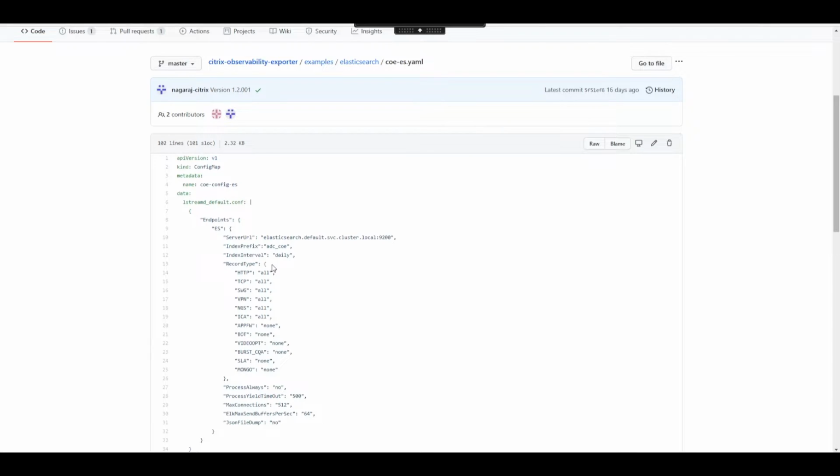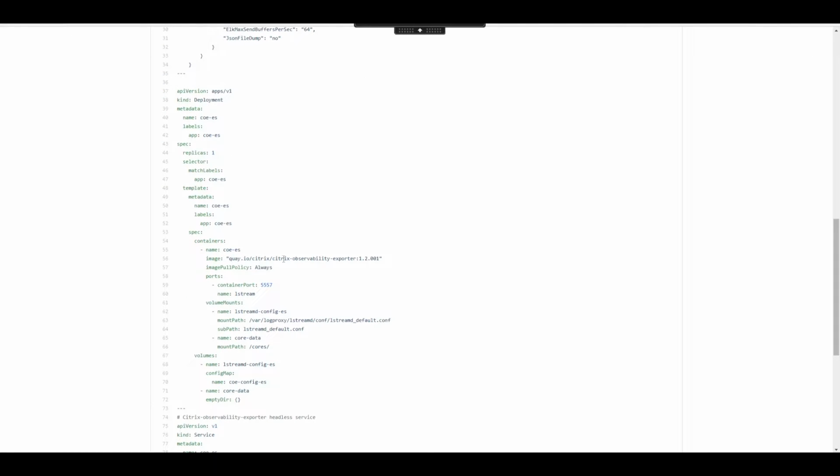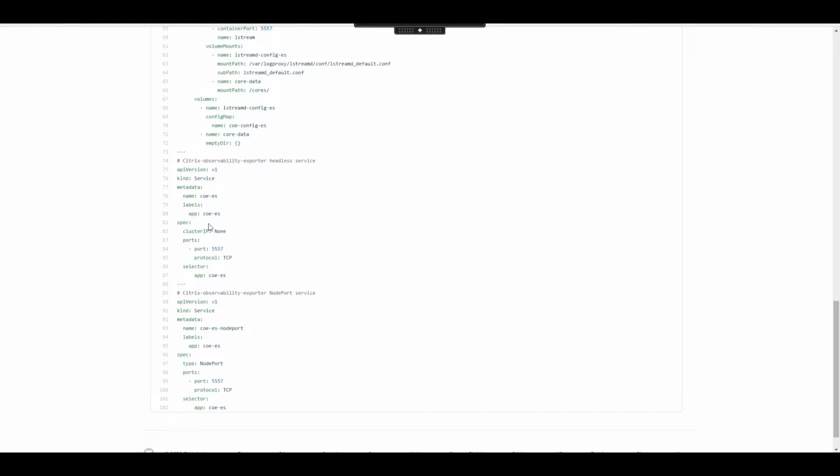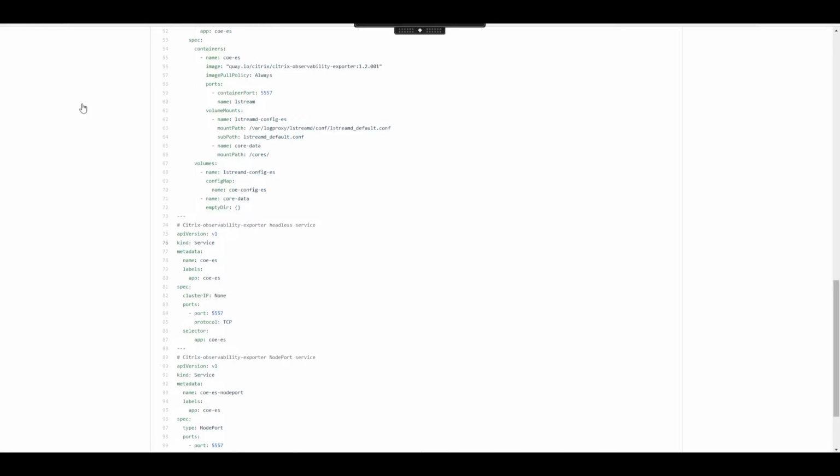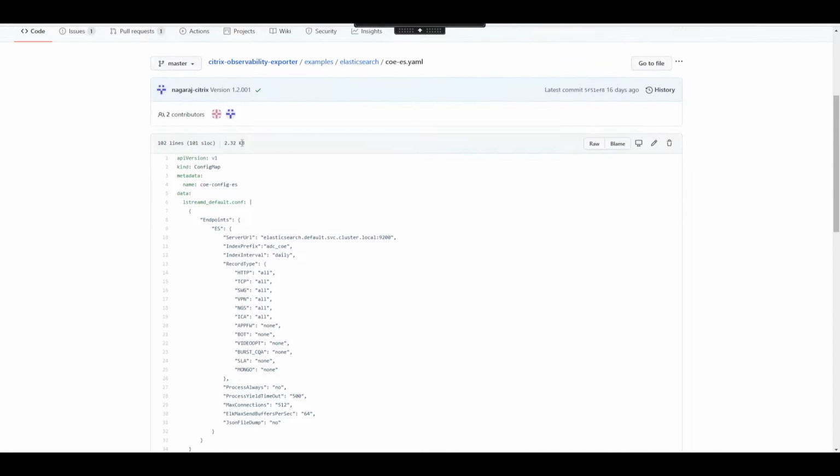So we have multiple options for this: daily, hourly, weekly, etc., that you would find in our documentation, and different types of transaction logs that we would want to export. Here HTTP, TCP, VPN, gateway, and so on. So the second part to it is your actual image, which is deployed on Quay. And the third part is the network related information, where we specify the node ports for Citrix Observability Exporter.